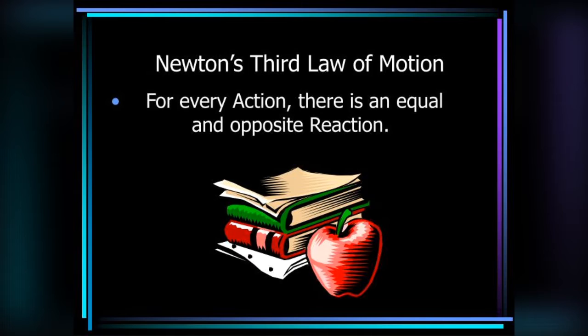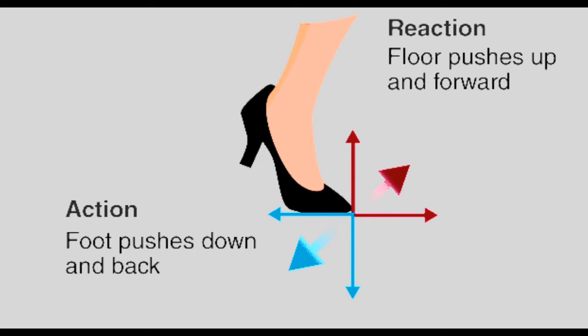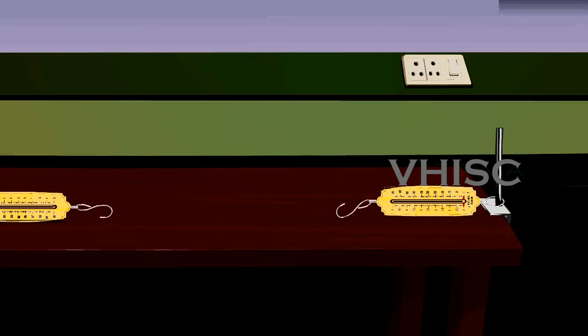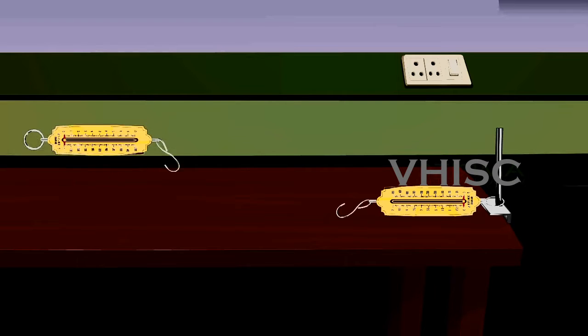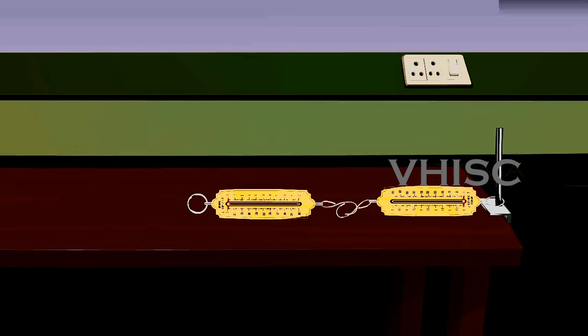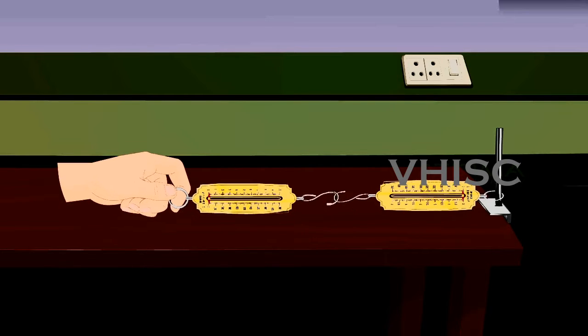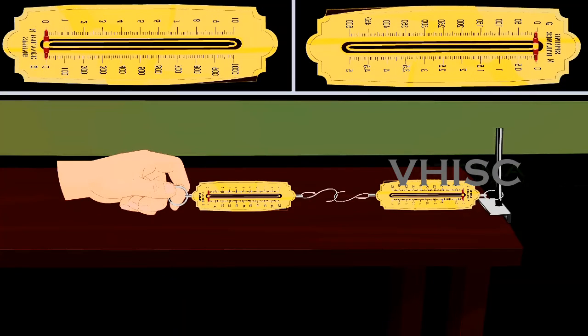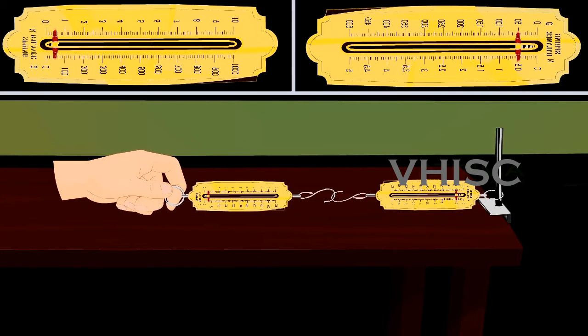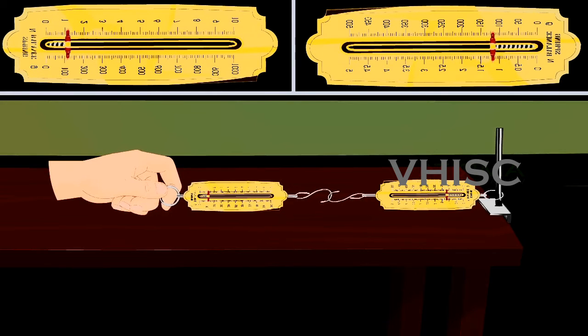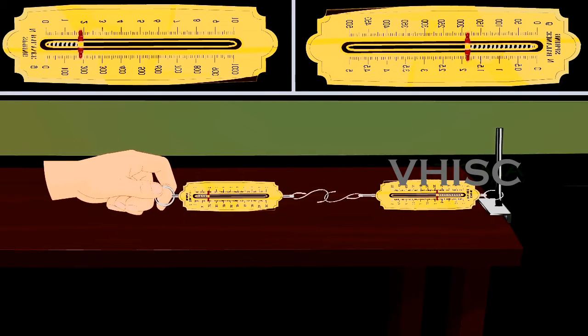But action and reaction forces act on different bodies. It can be demonstrated using two similar spring balances. Take two similar spring balances and join them hook to hook. One end of the first spring balance is attached to a rigid wall and the free end of the second spring balance is pulled by our hand. It is found that both the spring balances show the same readings.